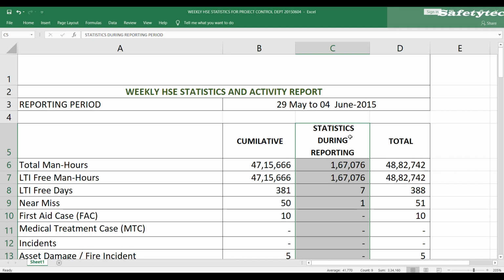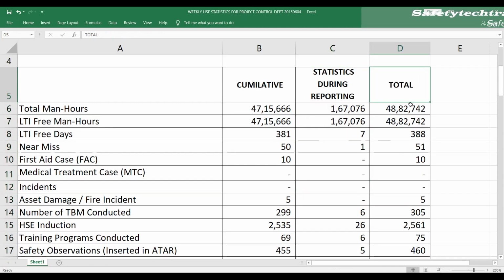During this report, that particular week's statistics will be mentioned here, and the total from project start up to the last day together will come here.